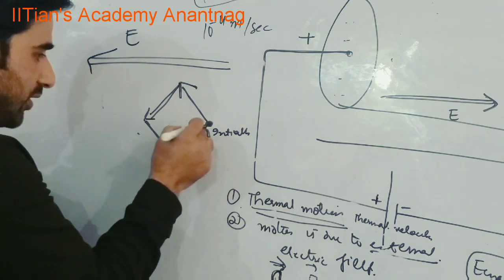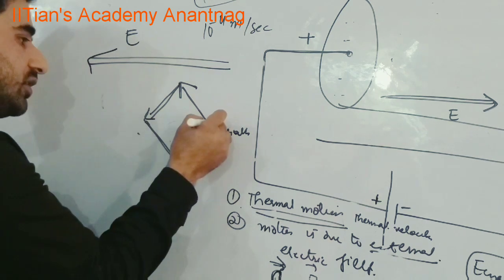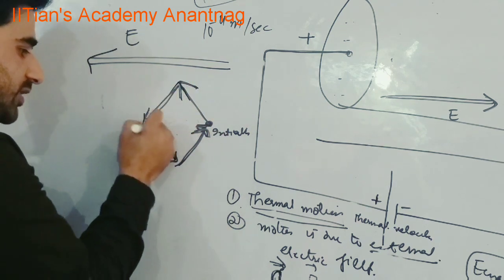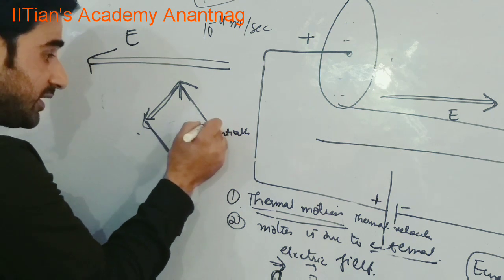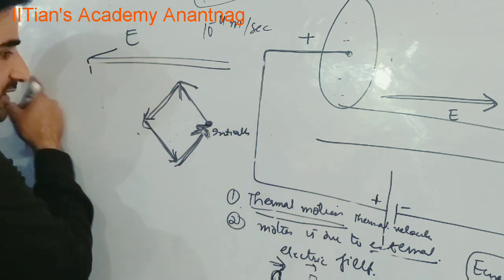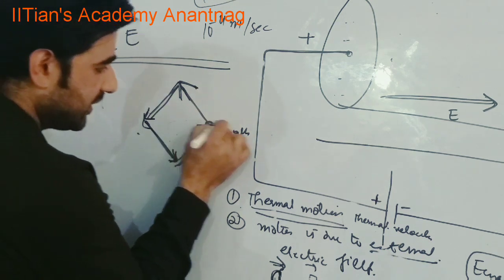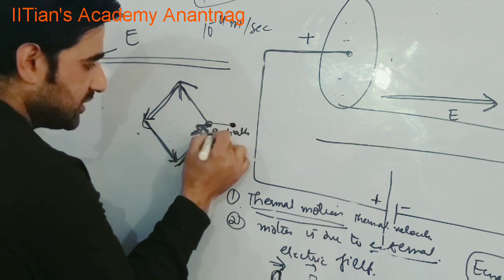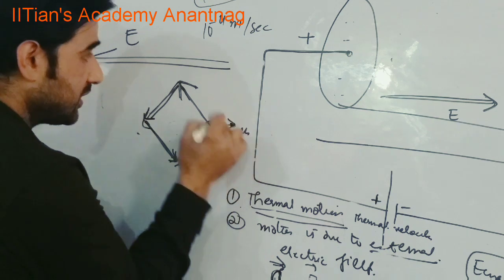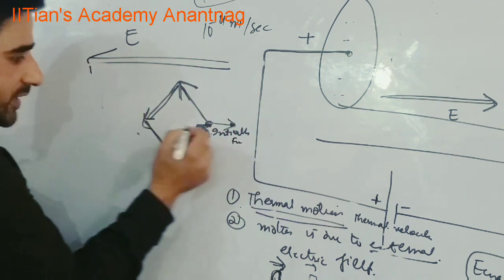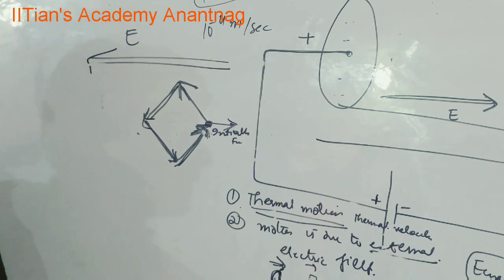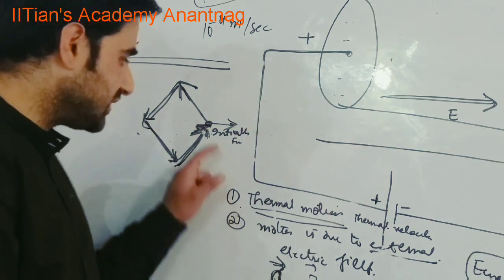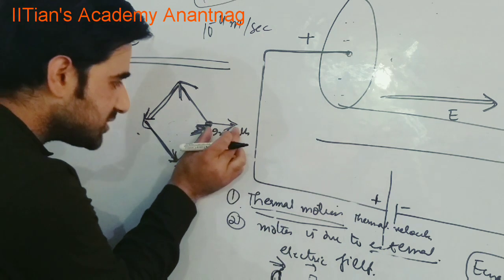Now what is happening when there is electric field? Although there is thermal motion, finally it is not stopping here because of the external electric field. Electric field is in this direction, then it will get drifted in this direction. This is initial position, this is final position. Since electric field is towards left, electron gets drifted towards right. So there is net velocity. Earlier net velocity was coming out to be 0. There is net velocity, although displacement is very, very small.